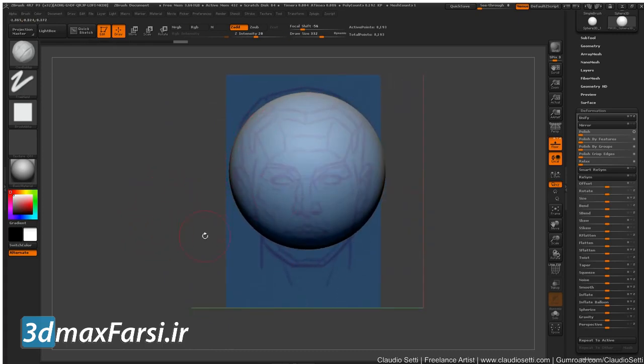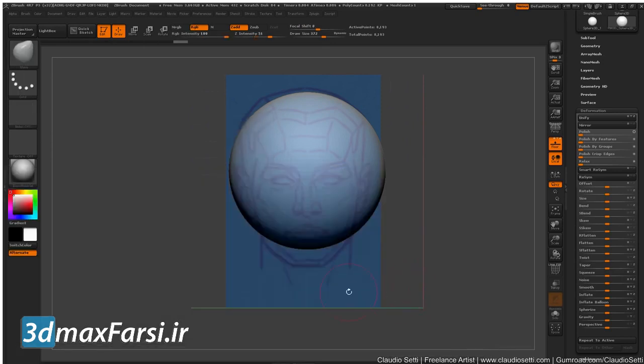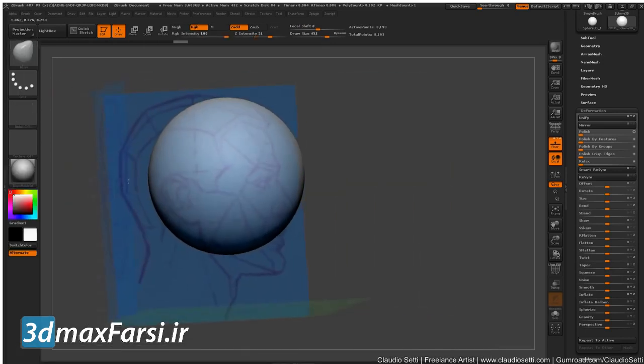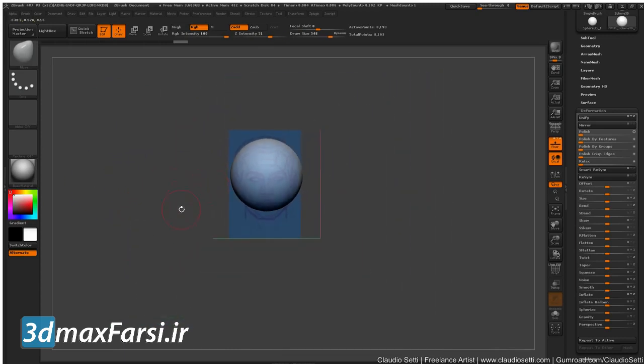Okay, so another tool I really like to use is the Move tool, and it's just the standard Move tool, and I hit B, M to isolate all the tools that start with the letter M, and then V for Move, and you can see it's up there. And to get the basic shape, I'm just going to use the Move tool right now. With the large draw size, I'm actually going to back away from this, and I'm just using my tablet here to make the draw size larger, or you can hit S,